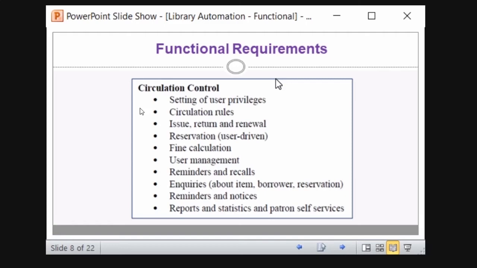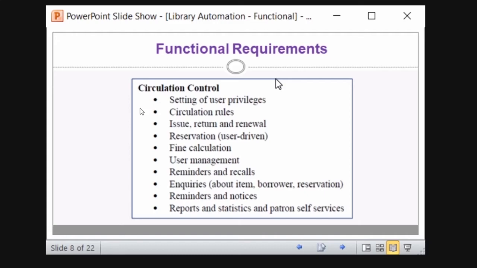Automatically it should calculate fine. Manually, as I told earlier in the previous class, it is difficult to calculate fine for each and every one. You might forget the dates, right? So when you issue the book to the user in automation software, automatically the due date will come, and it will send a reminder one or two days before to the user to return the book. If not, automatically the fine will be added. If he returns after 5 days, and the fine is 1 rupee per day, he has to pay a fine of 5 rupees along with returning the book, right? The calculation is done automatically. The software will do it automatically. You have to check whether the software has this feature or not in the circulation module.